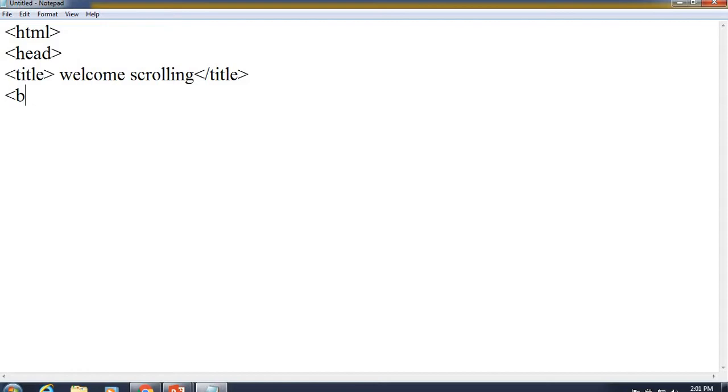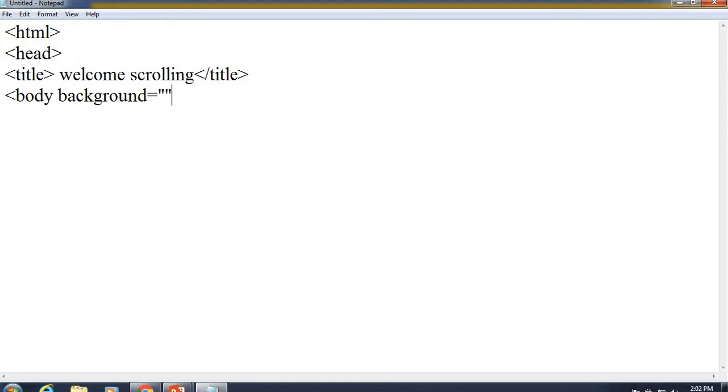But before this we are using a body, so this is using an image as a background. So the properties we are adding are body background equal to the path we are going to add here.